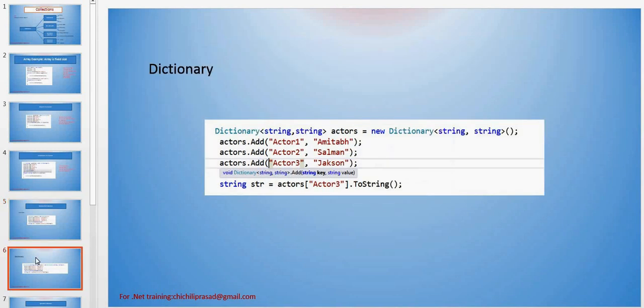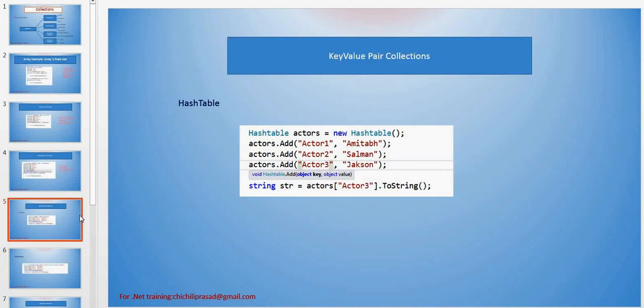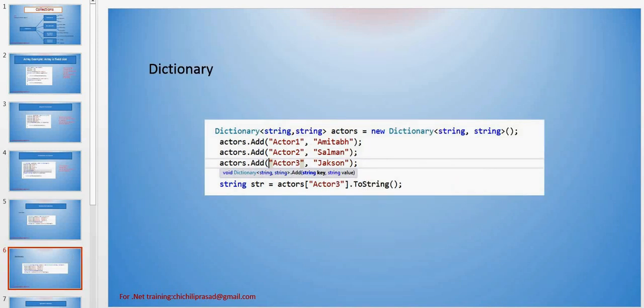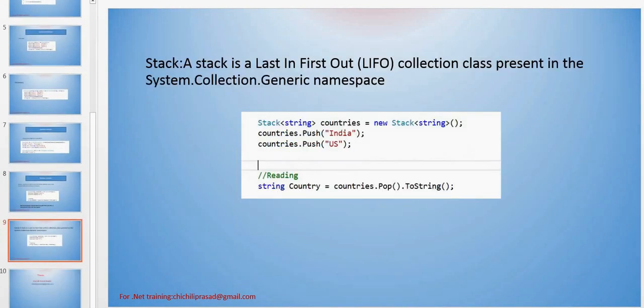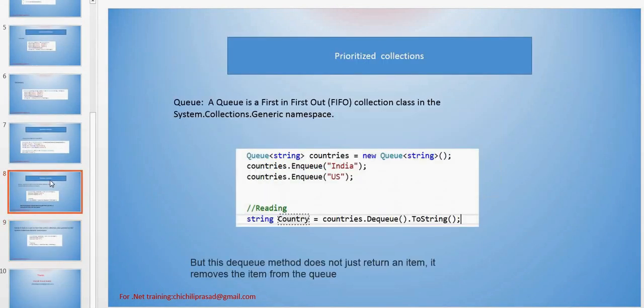But dictionary is strongly typed. We can specify the data type of your key and the value, and based on that you can add values to your dictionary, not in the hash table. It is an object, and object can take any data type. So that is the difference between hash table and dictionary collection. Then we'll move to the